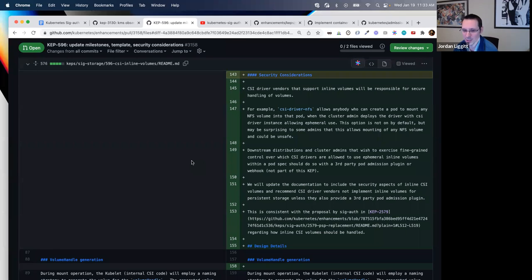Or in the case of the NFS one, one of the parameters it consumes is information about which NFS volume it wants to mount. Depending on other things like UID, GID permissions or SELinux control, or how the NFS stuff is configured on the nodes, that might let a pod author access arbitrary NFS data. So it's pretty specific to the driver, whether it's safe or not.